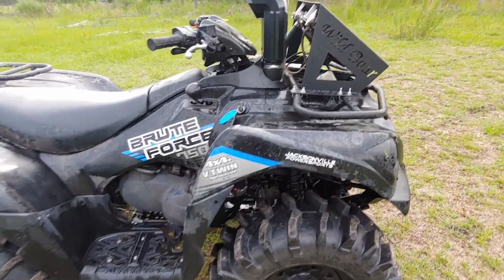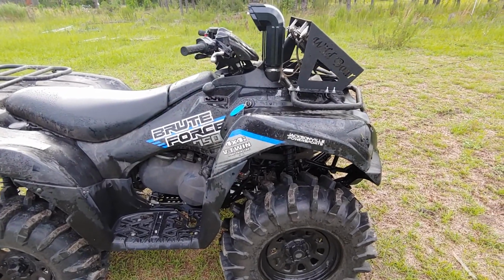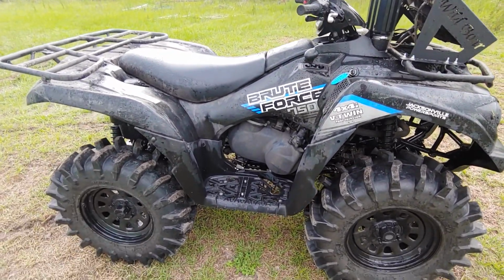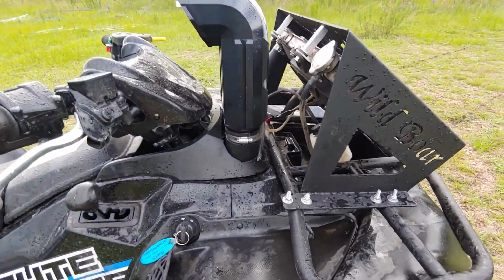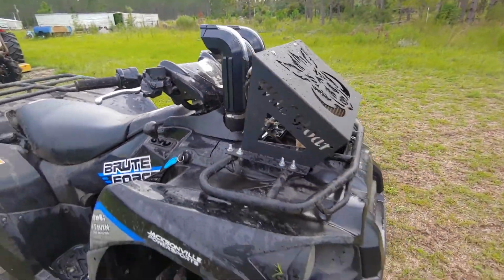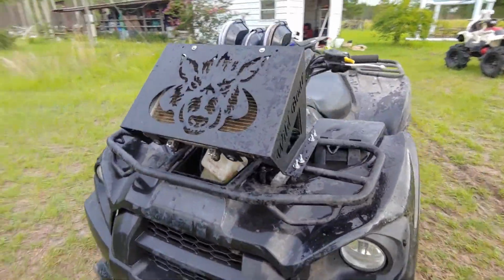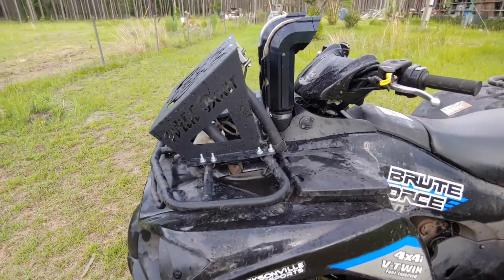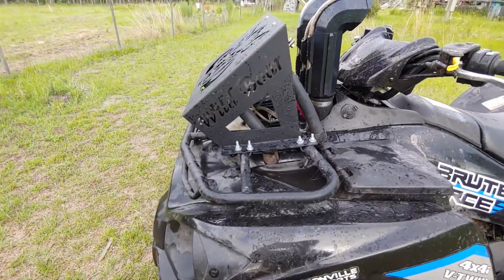Okay, so this is the follow-up to the lift kit, snorkel kit, and radiator relocate I did to the Brute Force here. This is kind of what it looks like. I did the best I could with it. For never doing one before with these kits, it didn't turn out too terribly bad, although I'll say with the